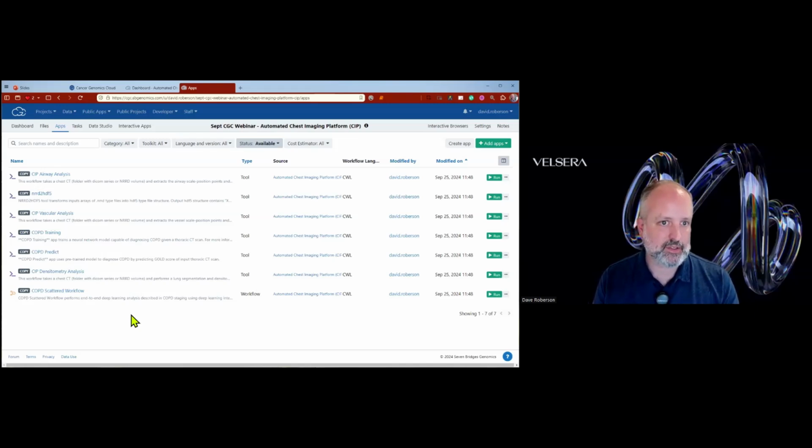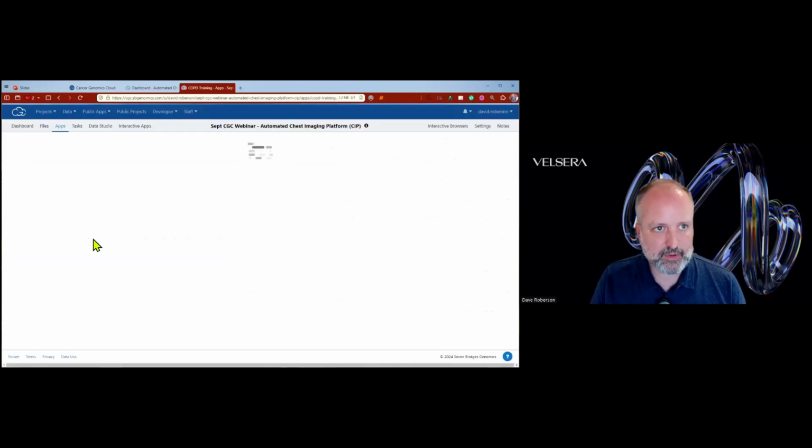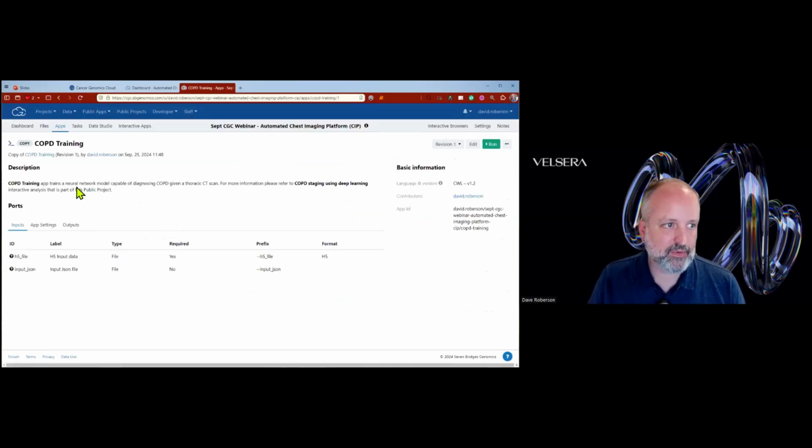And in general, it's easier to run than trying to run the command line. So, for example, you can run training then prediction. So if you want to learn how to run any of these, you can simply just click on the app itself,